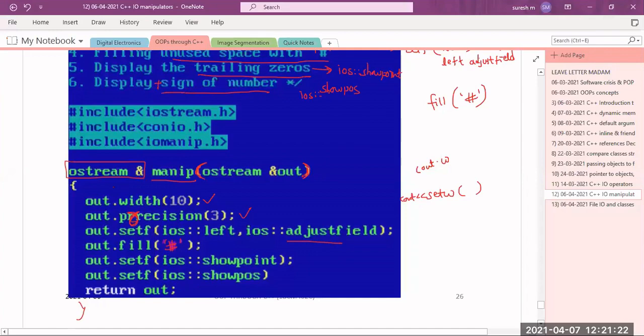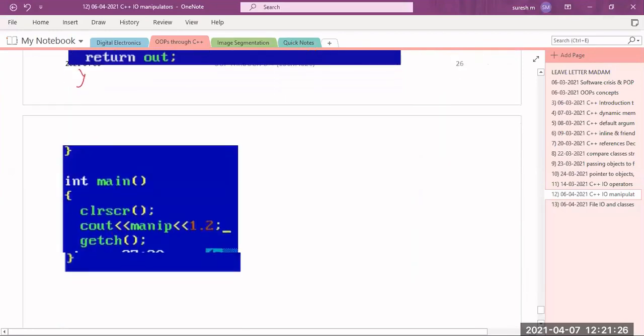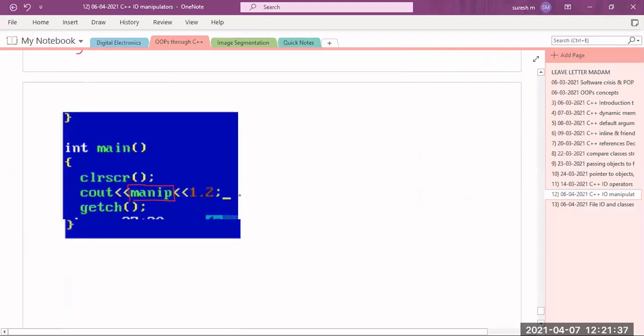So this is about these manipulators. If I want to use this manipulator, I am just using cout manip. What is the name of the manipulator that you are creating? Manip only. So whenever I am using this 1.2, what output can you expect? It has to set the width to 10: 1, 2, 3, 4, 5, 6, 7, 8, 9, 10.